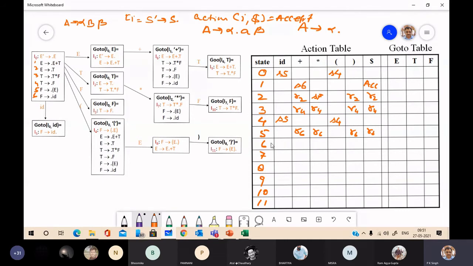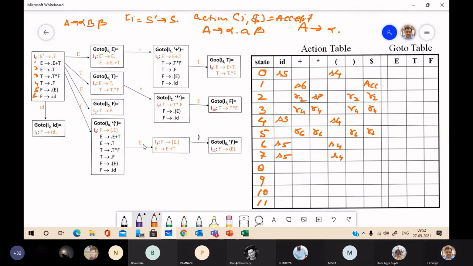So here you have S5 and S4. Then state 7, again S5 and S4.